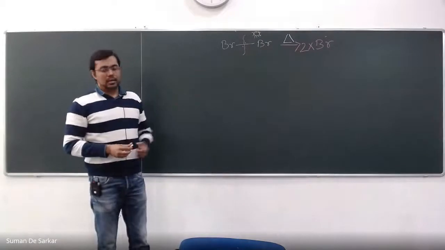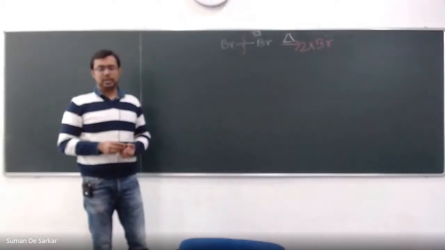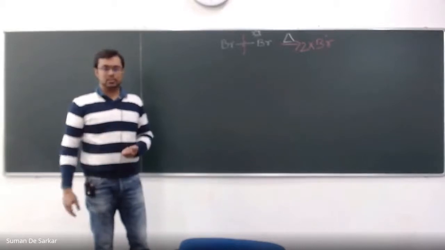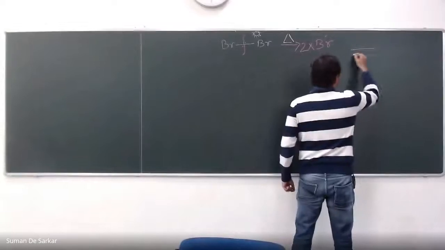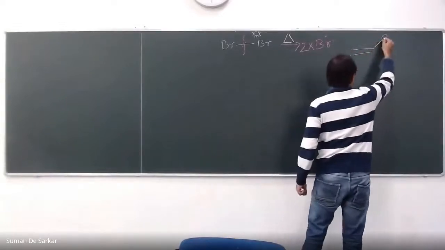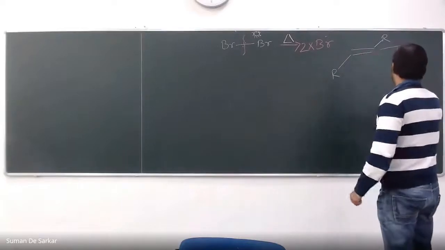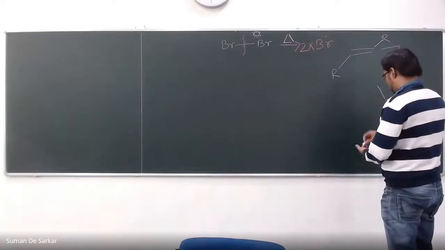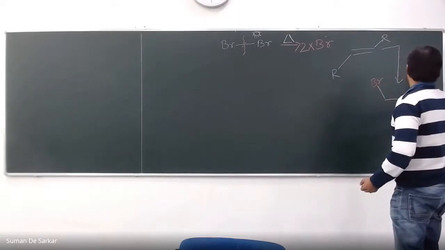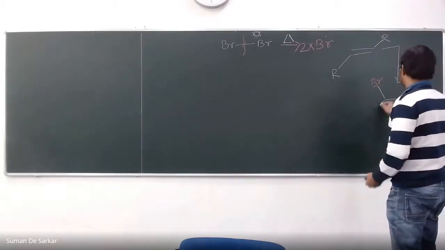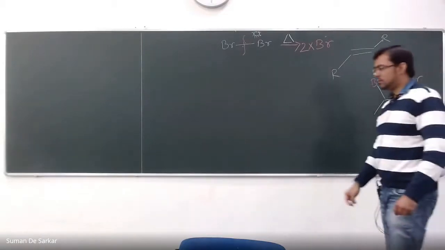And as you know, radicals are pretty reactive. Once you form any reactive intermediate like a halogen radical, it reacts with whatever partner. One of the famous things is to react with different alkenes, halogenation of alkenes. What will happen? The bromine will add in a radical fashion to the alkene, and you will get the halogenation of the alkene, like this.